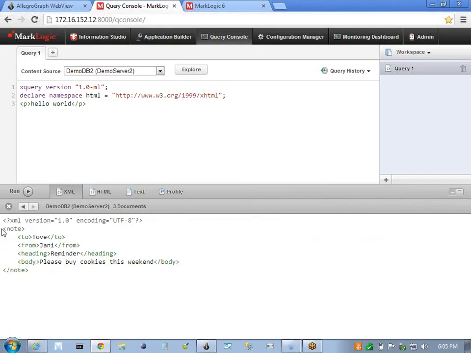It's a straightforward document with elements to, from, heading, and a body. I'm going to convert this document based on the pattern of this overall document URL. It's going to be the unique URI for the new set of triples. I'm going to convert each of the nodes under the node element into a predicate, and I'm going to store the textual value of that element into the actual literal of a predicate